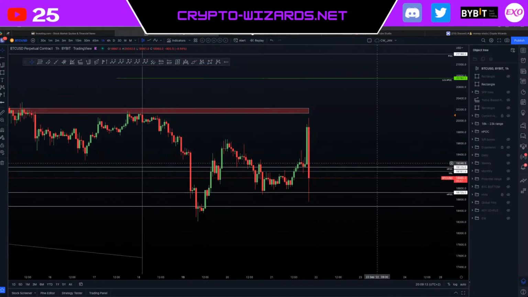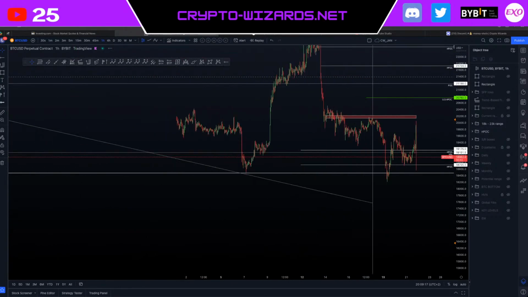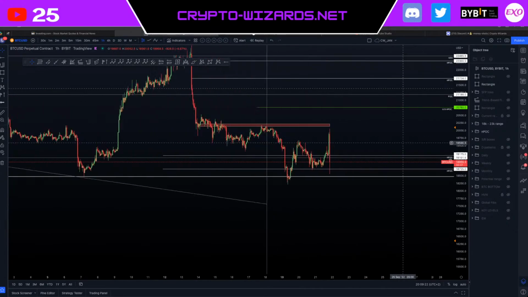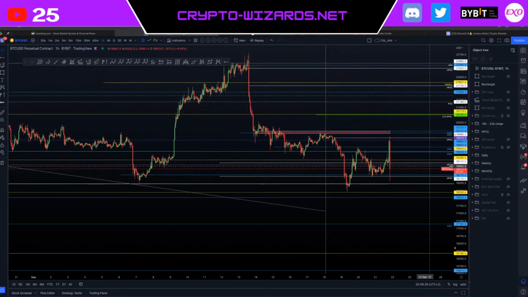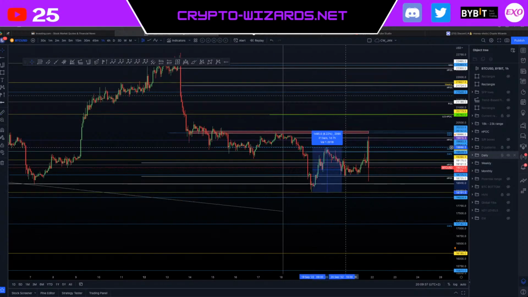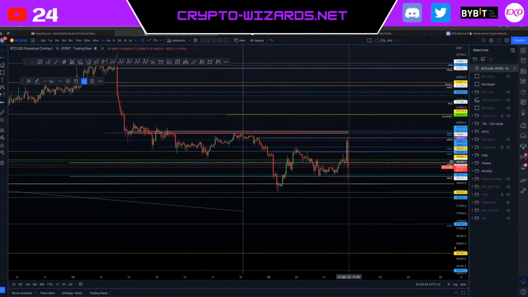On the other hand, if we don't get the SFP, then I would be looking lower, basically breaking through this range, and then we don't have a lot below us, which is an important thing to mention. But if we have a look at the dailies, weeklies and monthlies, we have something at 18,200, which is kind of a reason why we bounced to the upside from here, and we got a 10% move out of it, which is okay. We were taking profits down there, or I was at least.